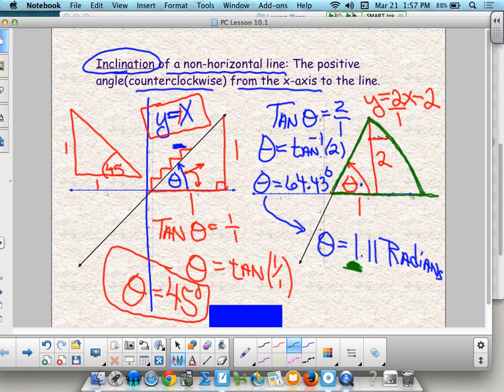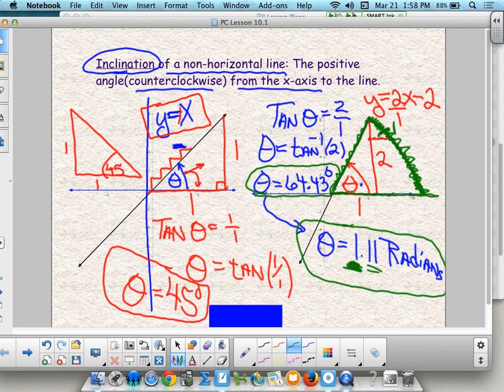So from here to about probably here, that would be 1 radian. And that little extra piece would be the 0.11 radius. So 1 radian is equal to 1 radius. And your angle of inclination is 1.11 radians. Or in degrees, it's